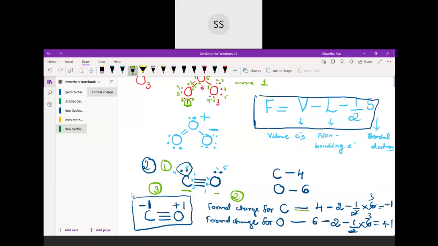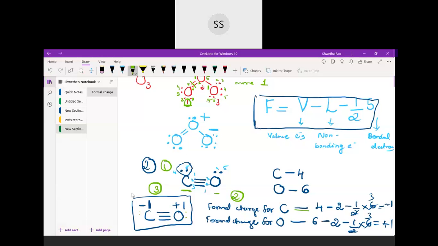Okay. So here you can see 4 minus, then it is the non-bonding electron. So non-bonding electron which is present on the carbon is 2. So I have written here minus 2 minus half of the bonded electrons. So here half into bonded electrons, we can see here total number of bonded electrons are 6. So half into 6. So this you can cancel here. So you would get minus 2 and then minus 3. That is minus 5 plus 4 will give you minus 1. So minus 1 is the charge. Okay. So below that you can write the structure of carbon monoxide and assign minus 1 as the charge on the carbon. Okay. So these two lone pair of electrons are still present on them.